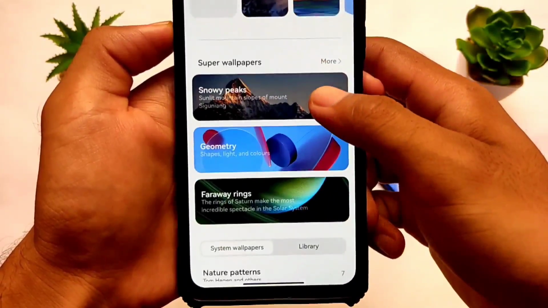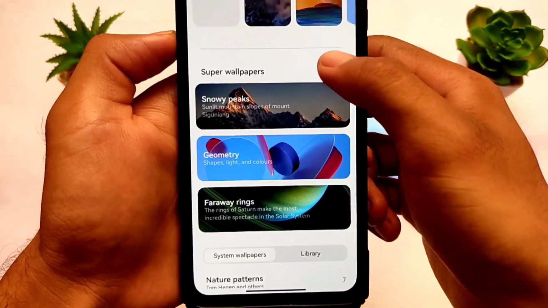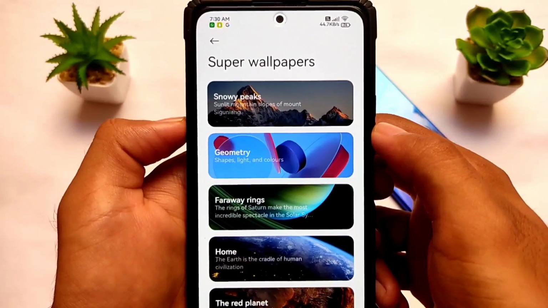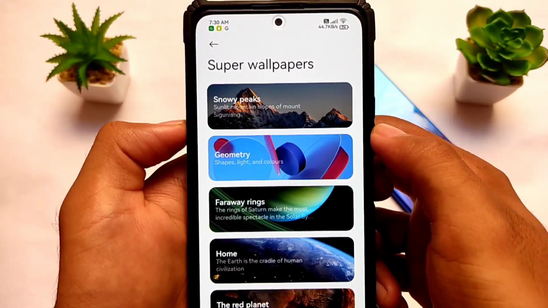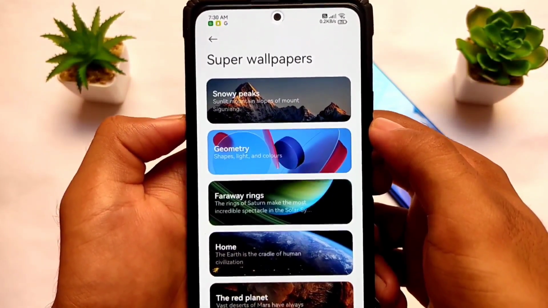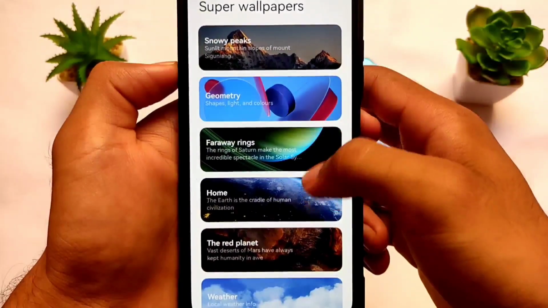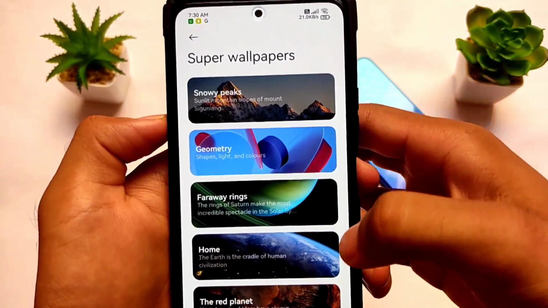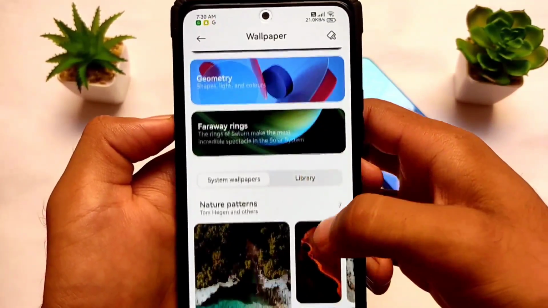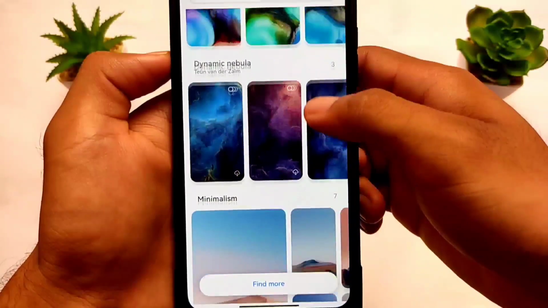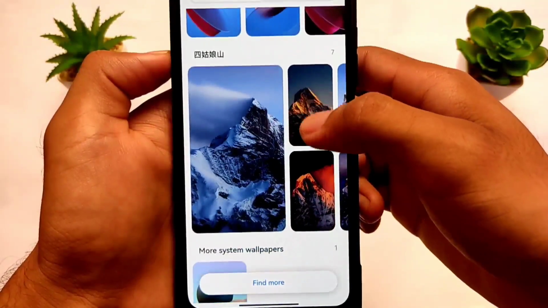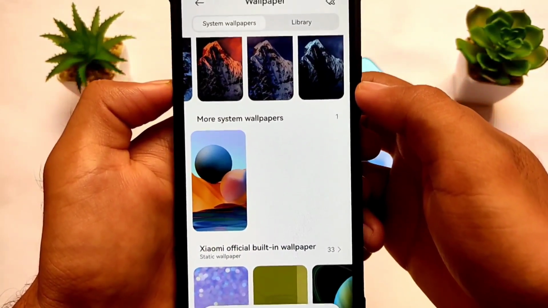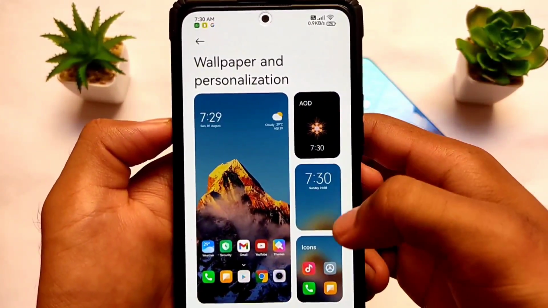You have the super wallpaper support, which you don't get by default in Redmi Note 10 Pro. So all these super wallpapers are present and working perfectly fine. And one of the best things is that these super wallpapers work great with the always on display. Redmi Note 10 Pro has always on display, and they also have the ambient display, which means AMOLED display. And yes, using super wallpapers, AMOLED display, and always on display is a very great combination. We have all the MIUI 12.5 wallpapers present for you, which you can apply on your device if you want to. Let's just talk about other things.